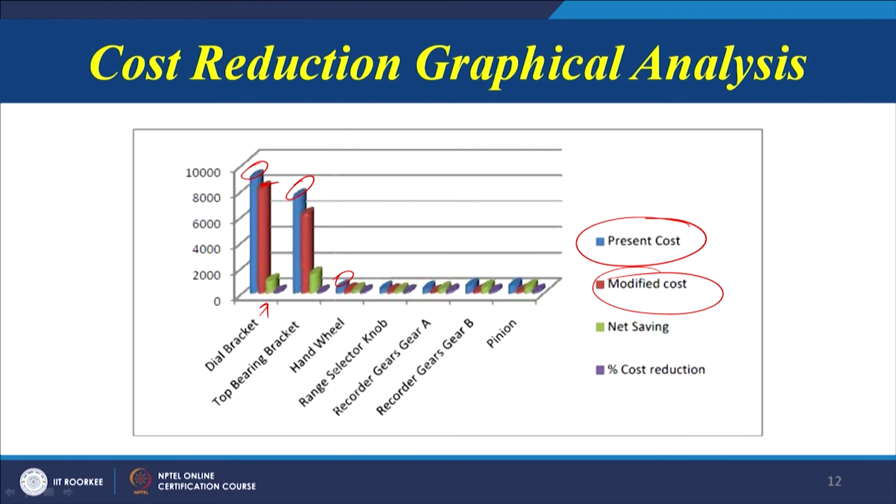So, obviously you can see red is, in most of the cases, lower than the present cost, which means that from the present cost our modified cost is lower because we have changed the material, we have changed the design of some of the parts, and that is why we have been able to significantly reduce the cost of our machine, which will make the machine more competitive, make our company more competitive. We will be able to acquire more number of orders, and when we have more orders we will get more revenue, and therefore the company's financial health will definitely improve.